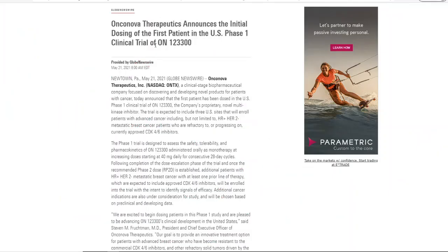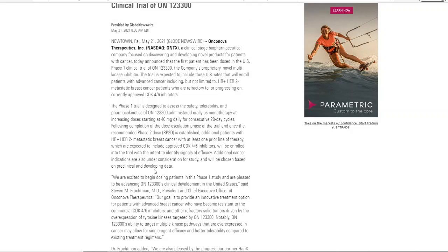Because this news here, the first patient getting the dose of phase 1 clinical trial of this particular innovation and medicine that they're working on, is a big move. And the trial is expected to include 3 US sites that will enroll patients with advanced cancer. So this is working towards the solve of cancer, right? That's a big deal, but not limited to HR plus HER2 metastatic breast cancer patients. So this is focusing on breast cancer patients, and probably they're going to be able to further expand this to other areas of science, right? I'm not a scientist, I'm not a doctor, I'm just reading what this article says,